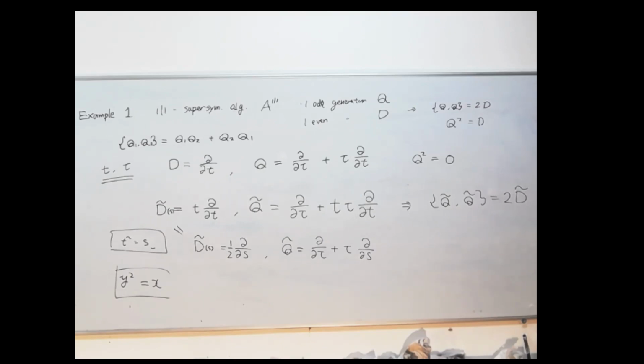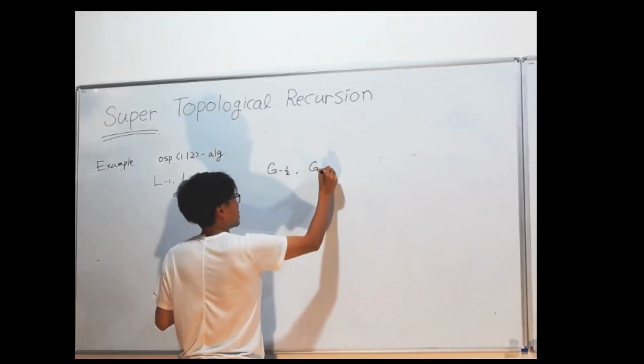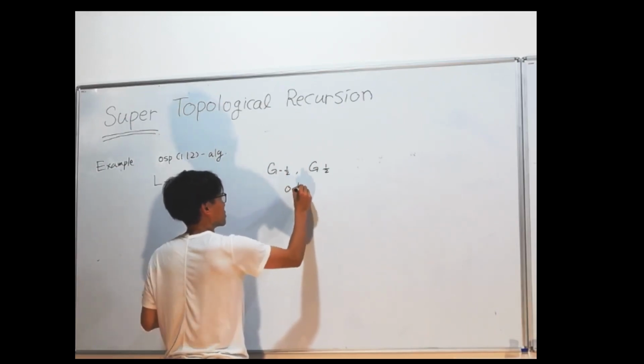It will be generated by 3 even generators, and they satisfy the SL2 commutation relation. So they actually form a subalgebra in this OSP(1|2). So they're even, and you have 2 odd ones